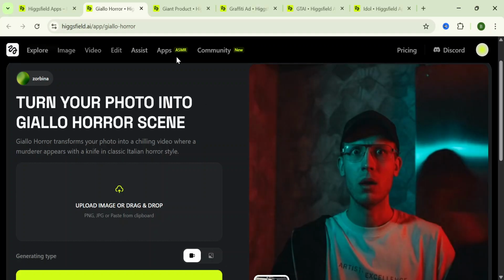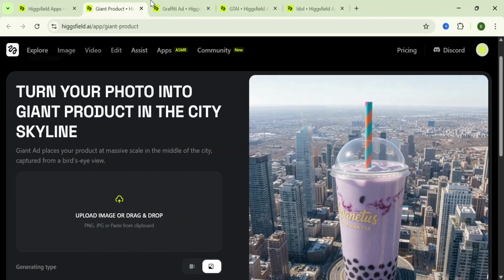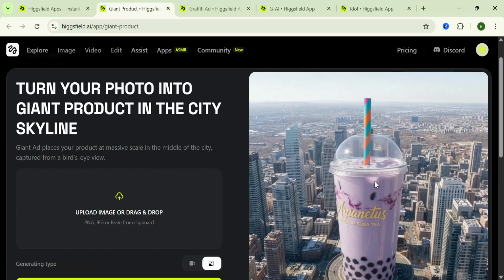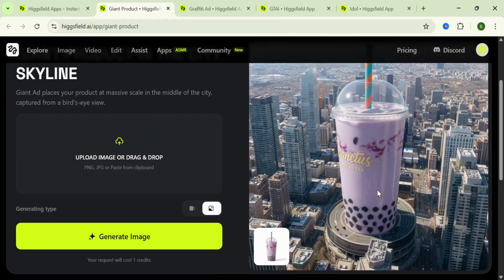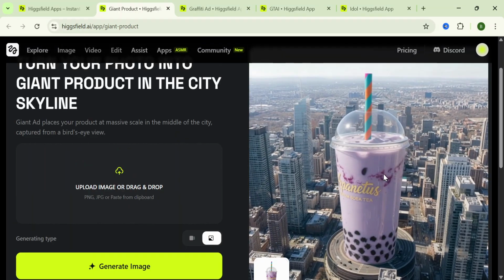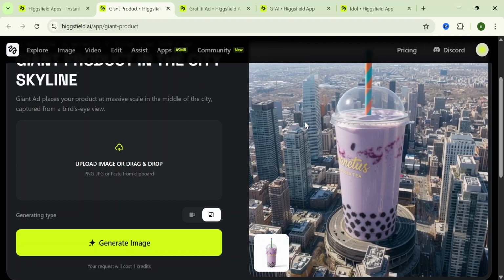Hello guys, and welcome to this video tutorial where I'm going to be showing you how to create a giant product in the city effect. You can see how the product looks like here. You can see it's made to be gigantic compared to other structures, and you can see here that this is